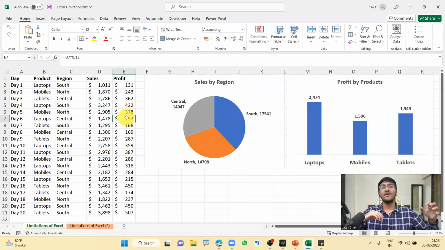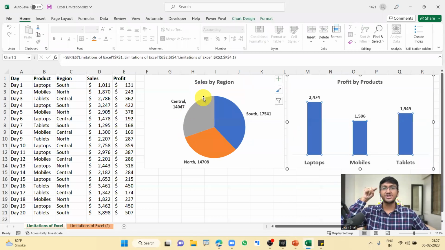Now, imagine you are in a very important meeting and a question comes to you, which is, Jatan, or whatever your name is, can you tell me what is the total sales in the South region for laptop? Now, here you have the total sales. You want only for laptop. So can you click on laptop here and expect your pie chart to filter down only for laptops for the South region? The answer to it is absolutely not. You can't click on this and expect this to get modified. It does not work like that.